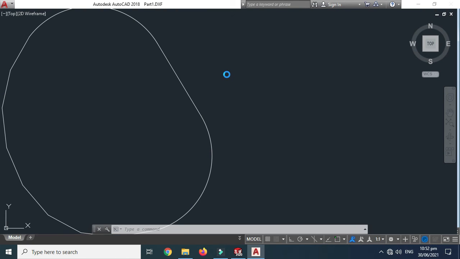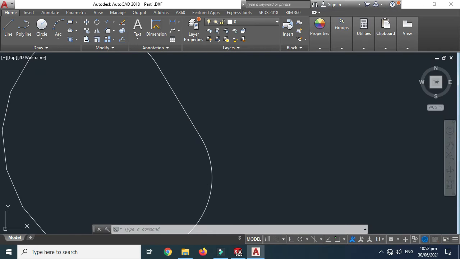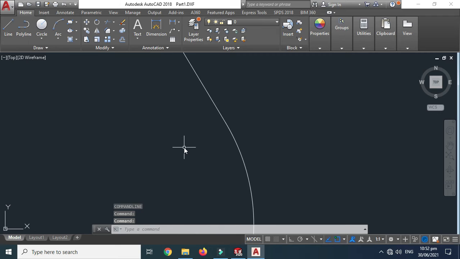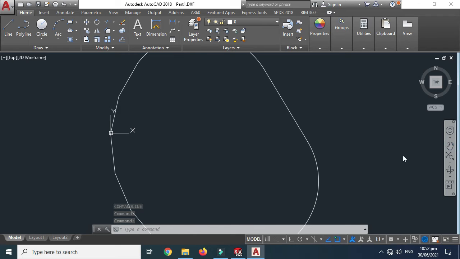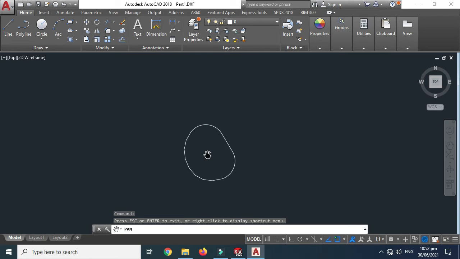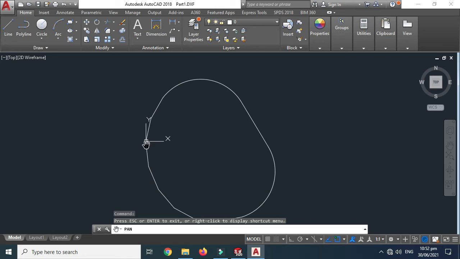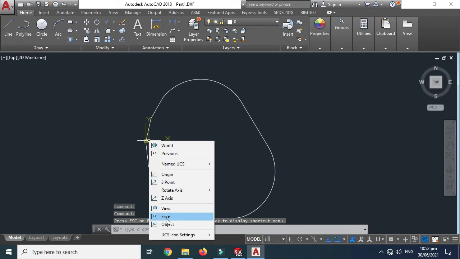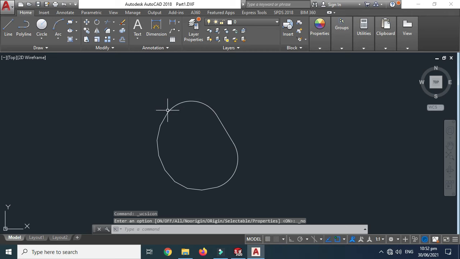It will take some time to open. So here is our blank, and just using the pan command, press escape and go to UCS and select show UCS at origin.